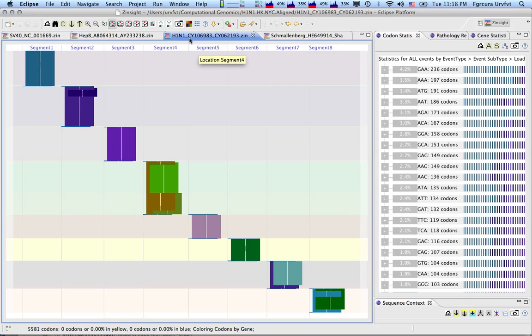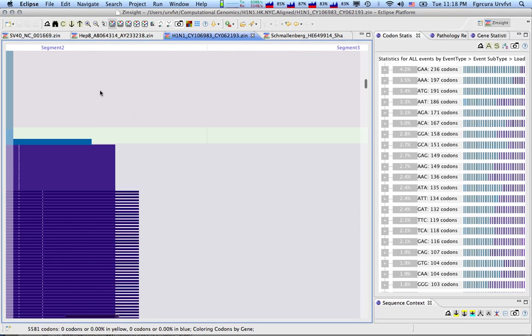The first accession number is the variant that we're actually seeing the codons for. The second accession number is the variant we did a comparison with, so we can see changes between the two of them. So H1N1, you can see, has segments. It's a segmented single-strand, negative-strand RNA virus. In this view, we can just zoom in by lassoing any area on the screen,